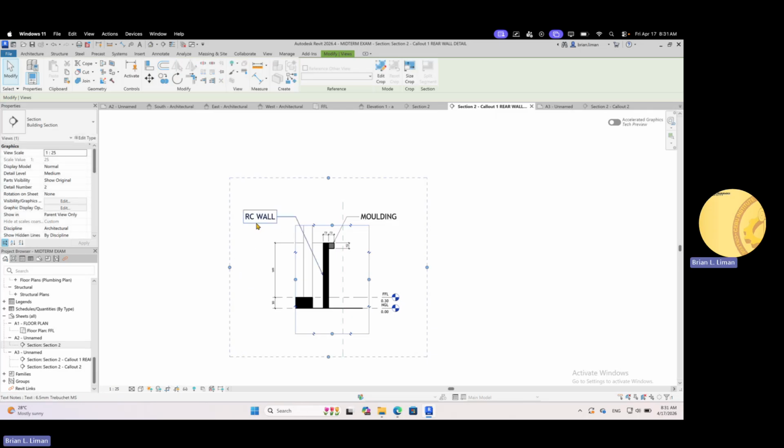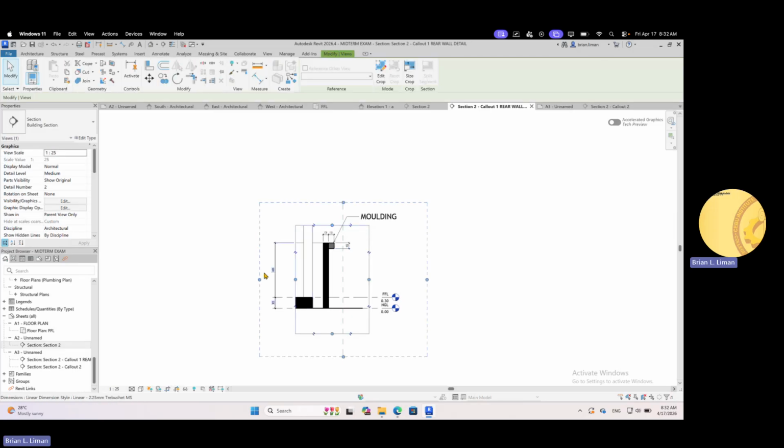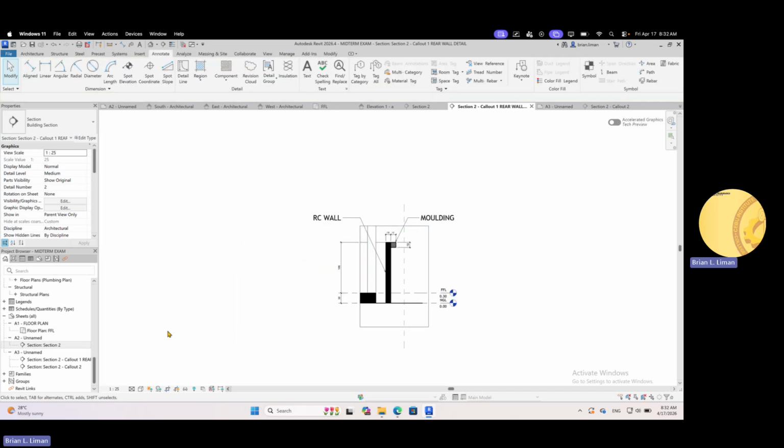Okay, so that the text or any labels will be visible. For example, like that one, as you can see, it disappears. But you have created one, okay, but it disappears after creating. So what you will do, adjust this rectangle, and now you can see it appears, this particular label or specification. Okay, now